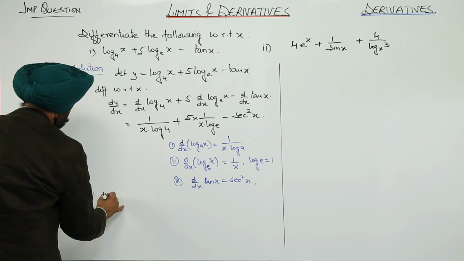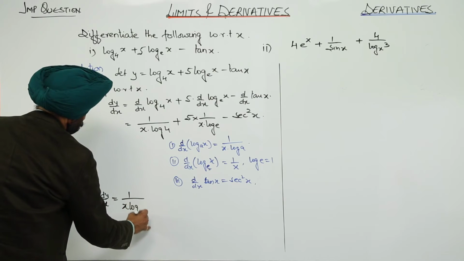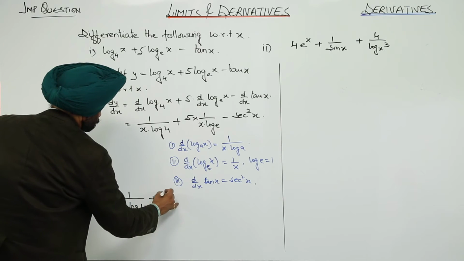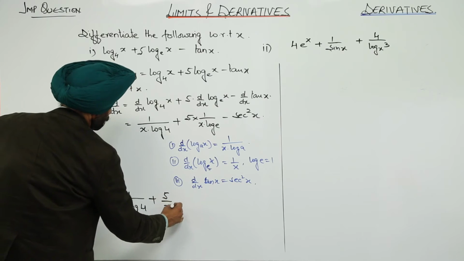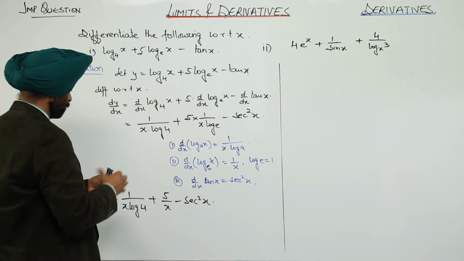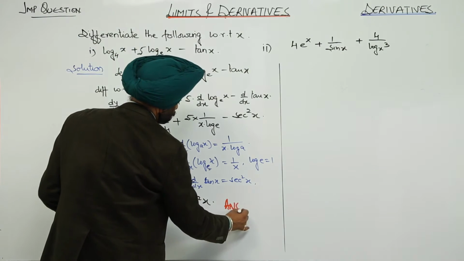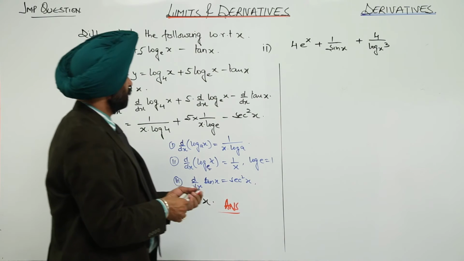Now, d by dx of y is equal to 1 upon x log 4 plus 5 upon x minus secant square x. Answer for the first part. Now second part,